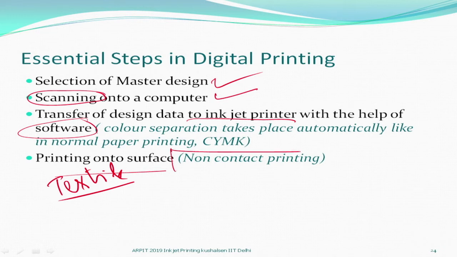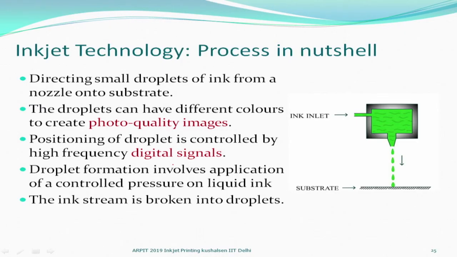But remember, this is a non-contact printing. What are we talking about? Inkjet printing, digital, non-contact. So, if you had block, it would contact the fabric. If it is roller, it contacts the fabric. If it is screen, it contacts the fabric. Even if it is a transfer, it contacts the fabric. Inkjet printing, the printing head does not touch the fabric. So, looks simple, right? So, in a nutshell,